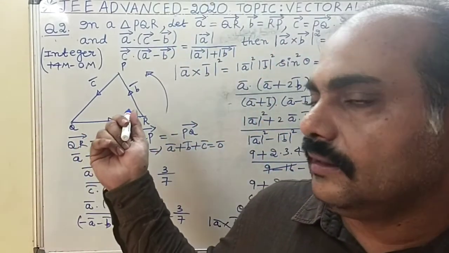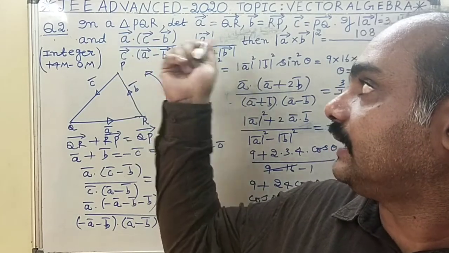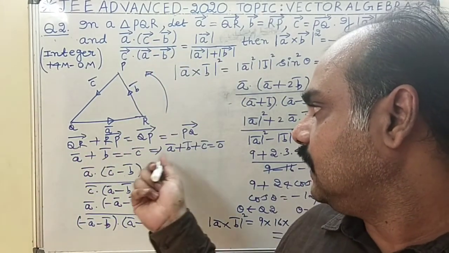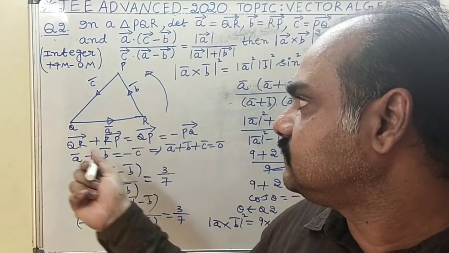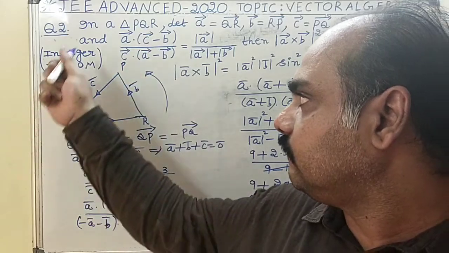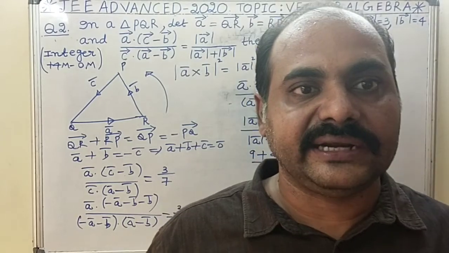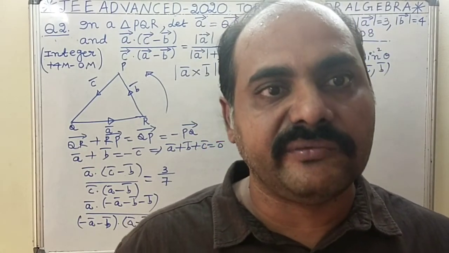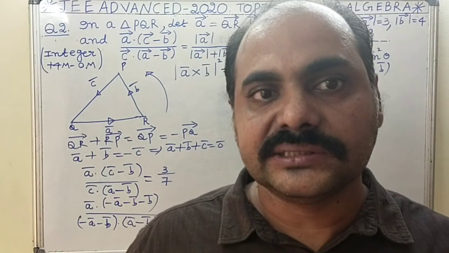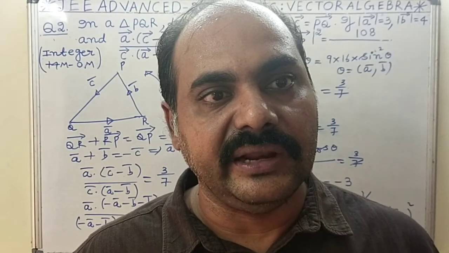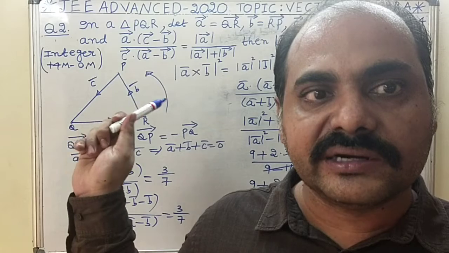This triangle equation is there, and you will always get it in the problems. Whenever vectors are given in a triangle, form a relation: A bar plus B bar plus C bar equal to 0 bar, when all are given in the same sense, either anti-clockwise or clockwise. So these two questions are given in vector algebra. One is the multiple answer question number 1, which I have discussed. This is question number 2. So 4 marks and 4 marks, 8 marks are given. Of course, the first one is a little bit conceptual, but this is easy. So 4 marks surely you will get.